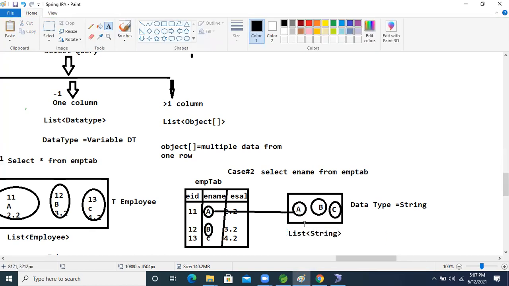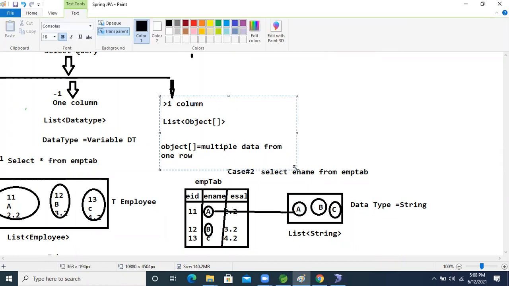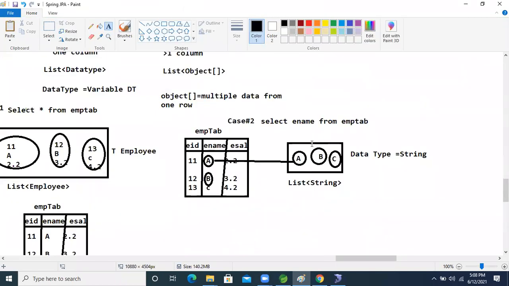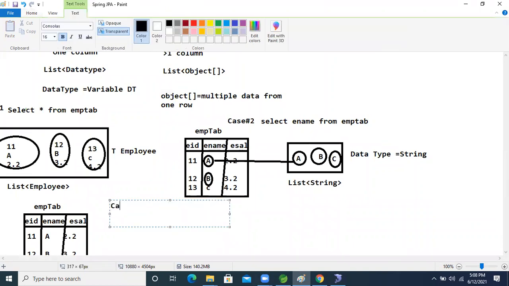In Java, how, in the database, if we perform a query like this, what will it become in Java now? Okay, guys, so come here. Now come to the last position, this position, right? More than one, right? So here, case 3, okay? Case 3, I'm taking, right?